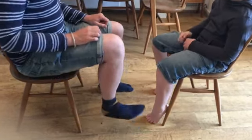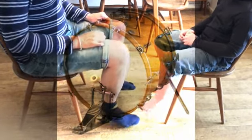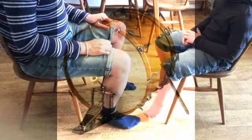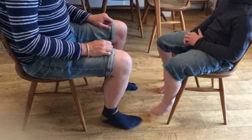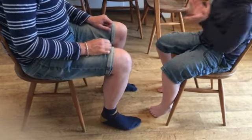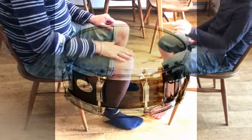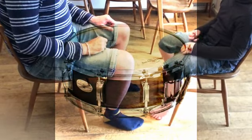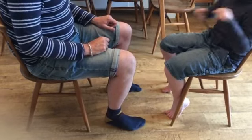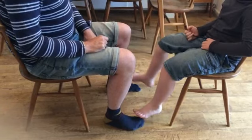This is your kick drum. Loud. Yeah, that's the drum that makes that bass thud. This is your snare drum. That's the drum that makes that nice cracking noise, like crack, crack, crack, crack. And you put it all together and it should sound like